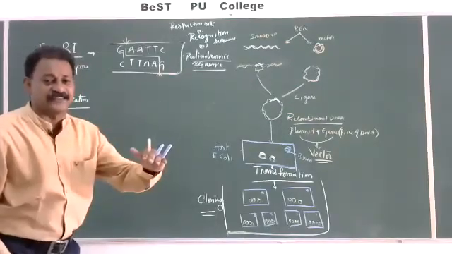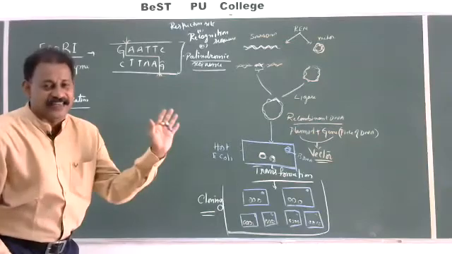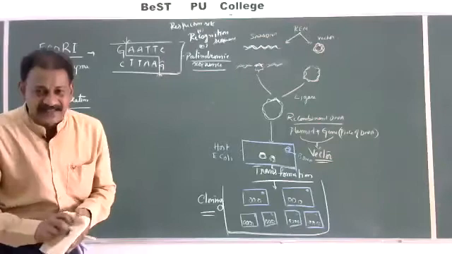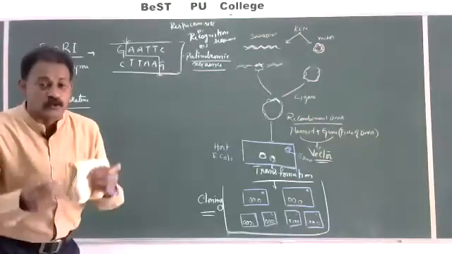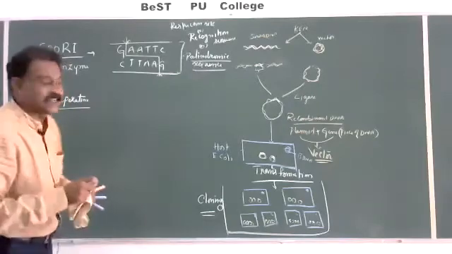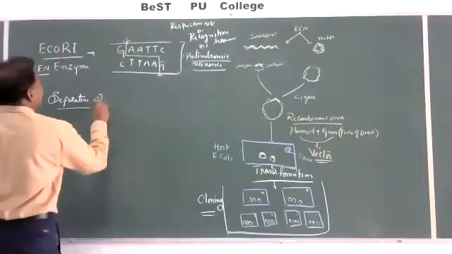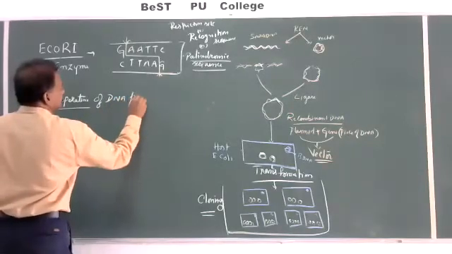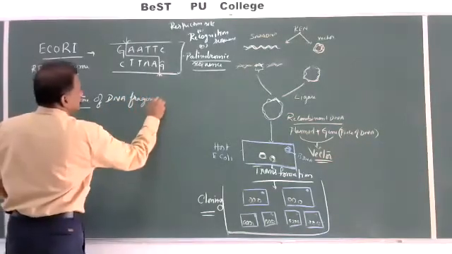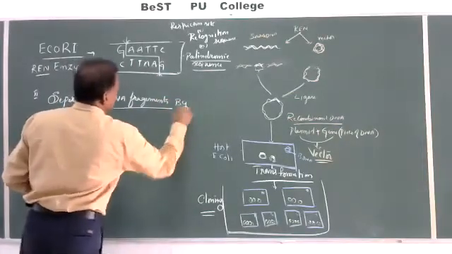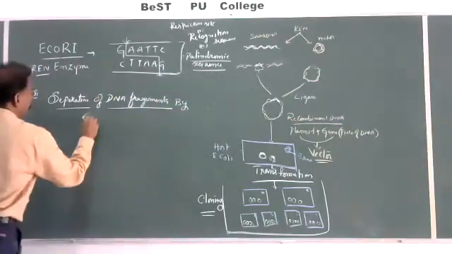Now, once we have utilized restriction endonuclease, we have studied, identified, like this we can prepare. After the use of restriction endonuclease, DNA was made into segments, fragments. What is the next step? The tool or technique in the rDNA technology. Next technique is separation of DNA fragments by gel electrophoresis.